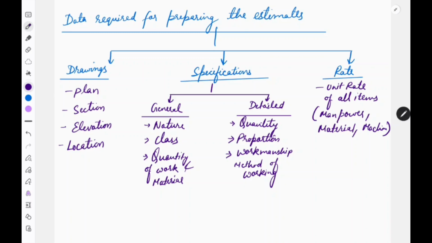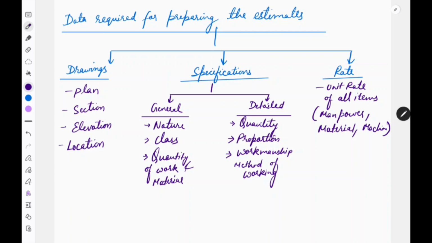So now the plan, the section, elevation, and the location and dimensions are included in the drawings, whereas the specifications contain the nature of the work in the general head, the class, and the quantity of the work or the material which will be used. Whereas the detailed specification contains the exact quantity, the proportion in which the materials will be used, the level of workmanship, or the method of working, that is, by which method we are